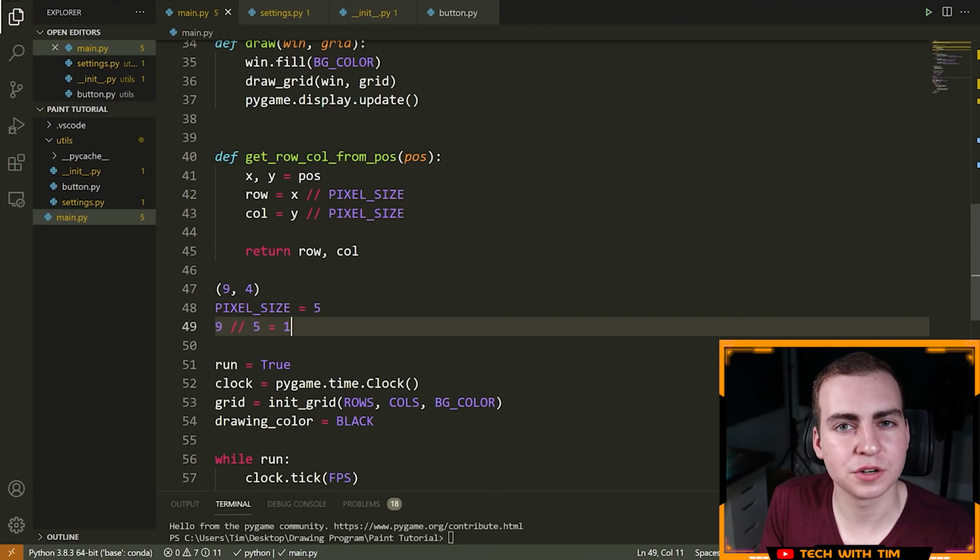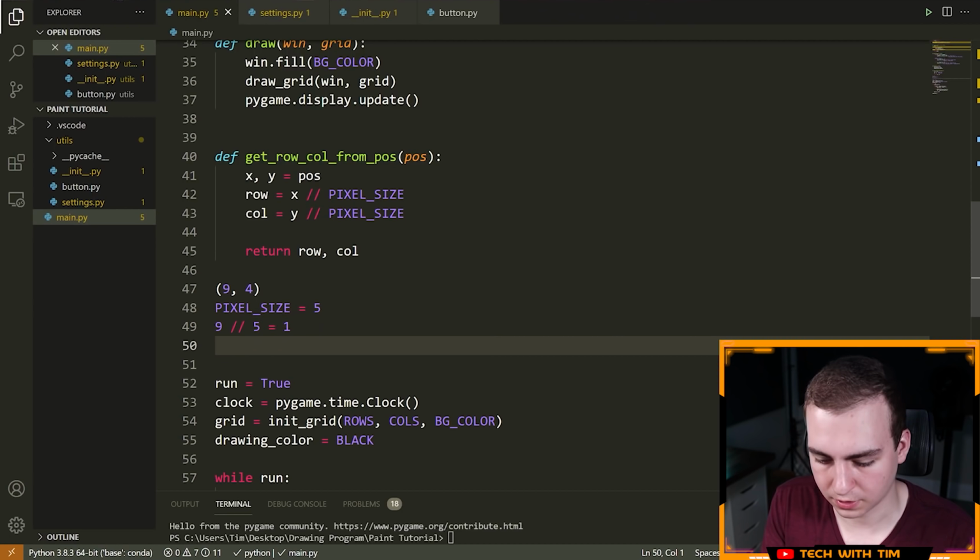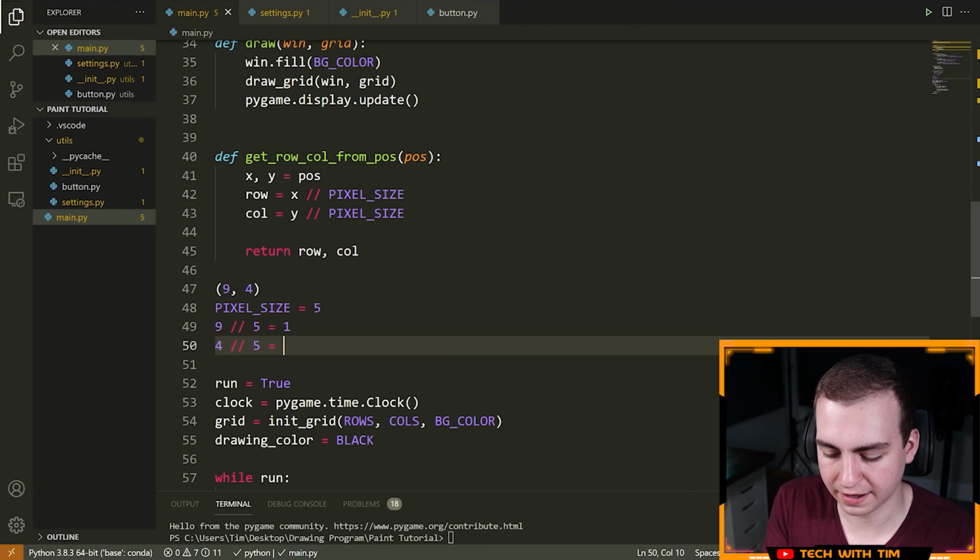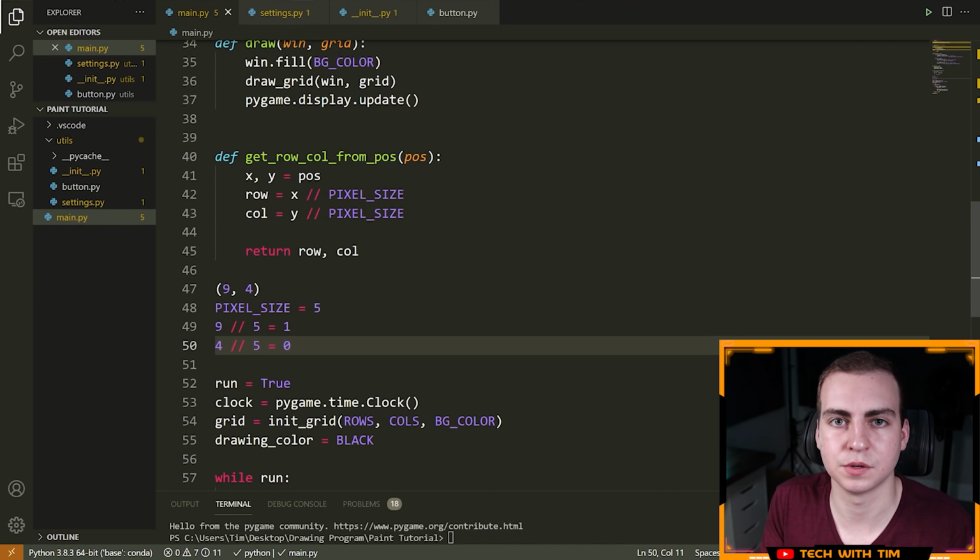Integer division is simply removing the decimal from whatever the division would normally be. In this case you get something like 1.8, you just remove the 0.8 and you get 1. Then we take the 4 and integer divide by 5, that gives us 0. Usually that'd be 0.8, you strip off the 8, and that gives you a 0. So this tells us we are at column 1, row 0, which would be the correct pixel that we're at.